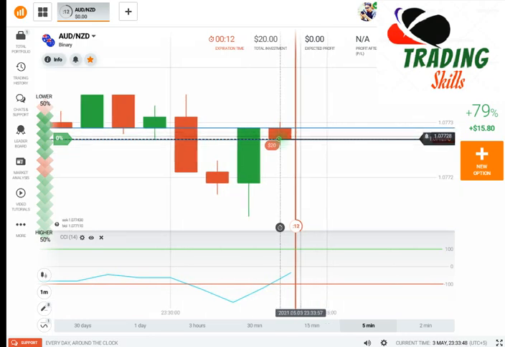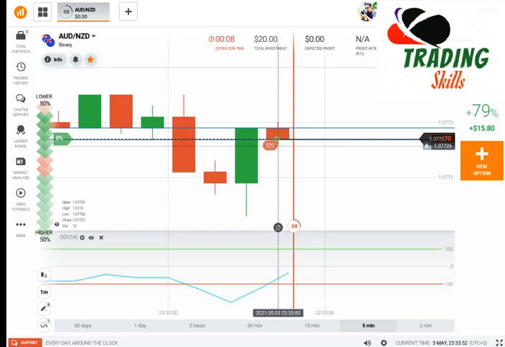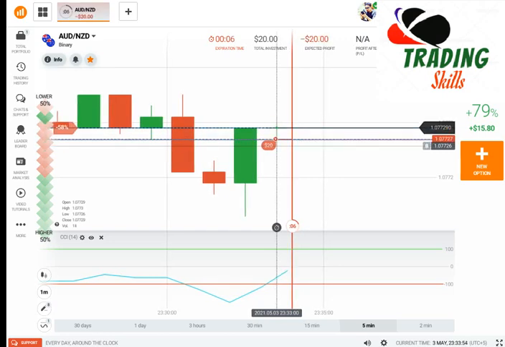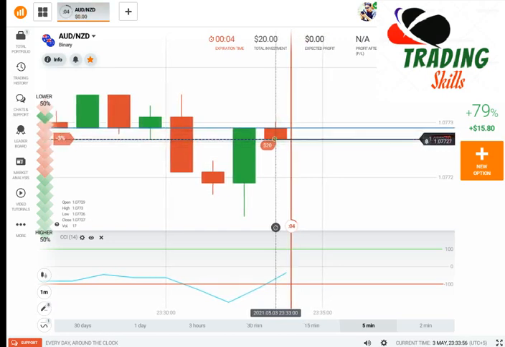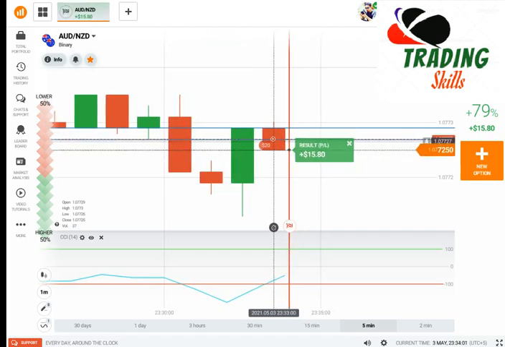Now you will see the next candle will close as a bearish for sure. You can see this candle has to close as a bearish. It will not close as a bullish. Yes, it closed as a bearish. Why? Because you can see here